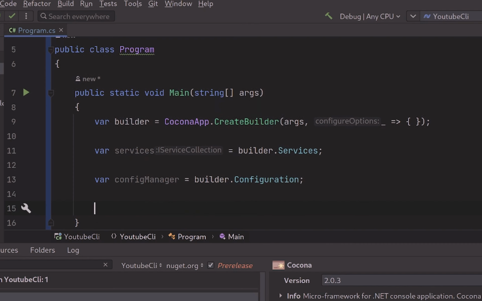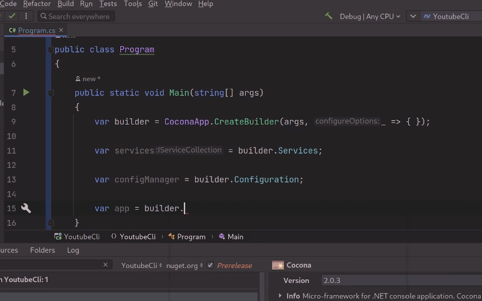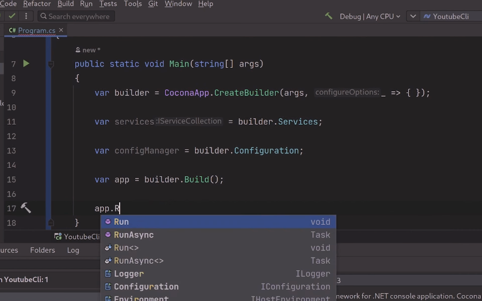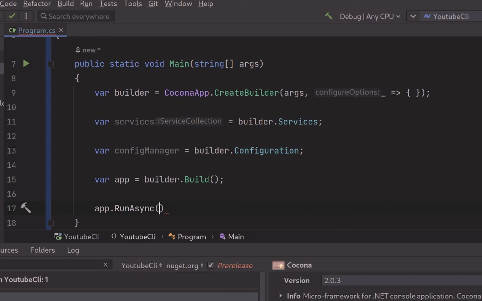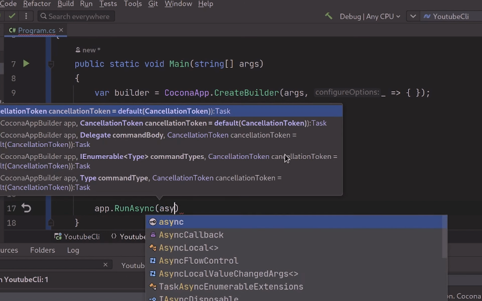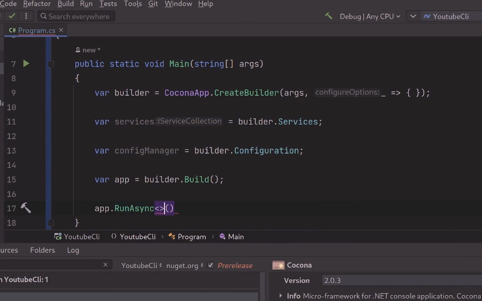And then we can say that our app is equal to builder.build, and then we can say app.RunAsync, and I think it's app.RunAsync, and it has a type here, and that's the type of